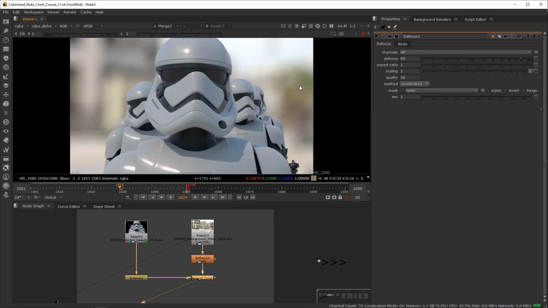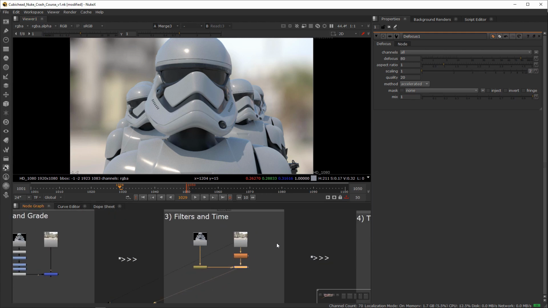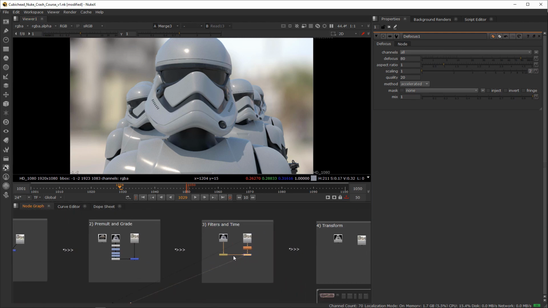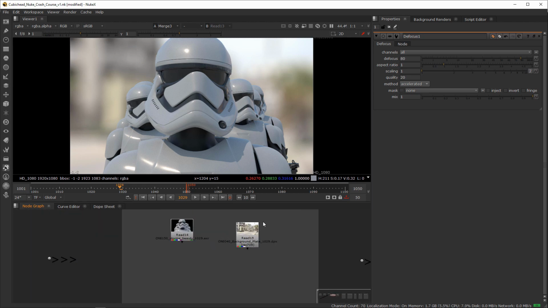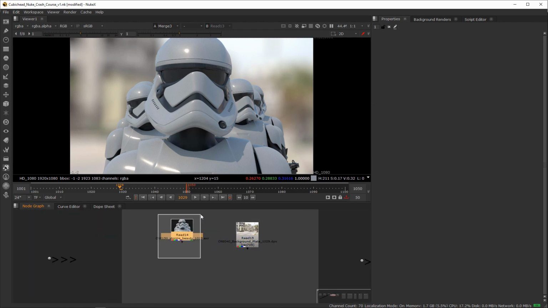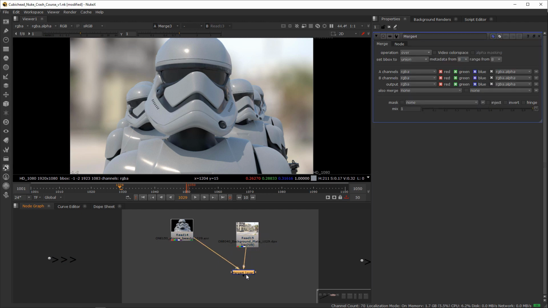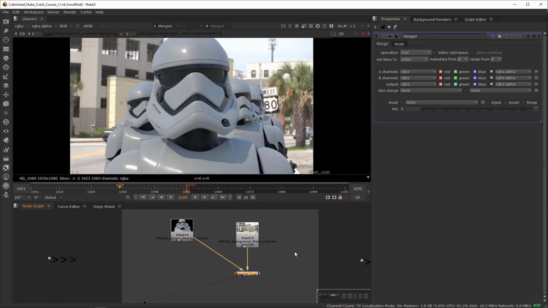Okay. So that's it. That's for filters, or if you want to use the time tools. And we're going to jump into transform. Yes, as mentioned before, anything you wanted to do here, it's a node. So even if you wanted to do a transform, it's called a transform node, and the hotkey is T. If I just hit T,